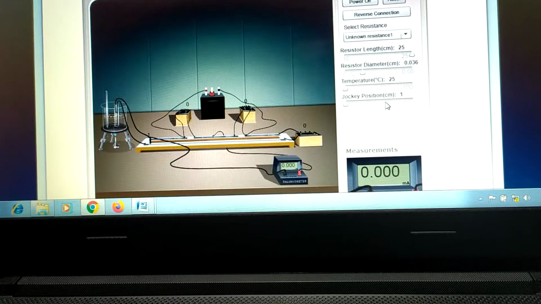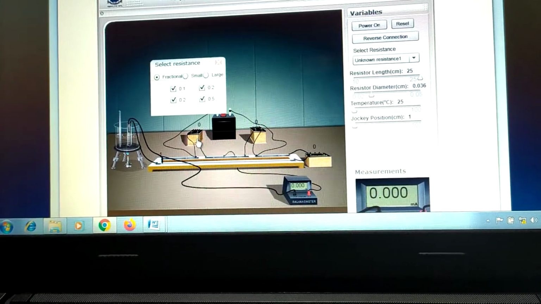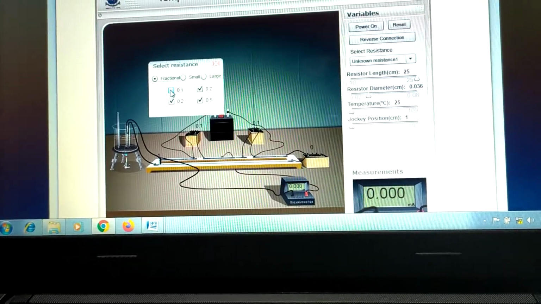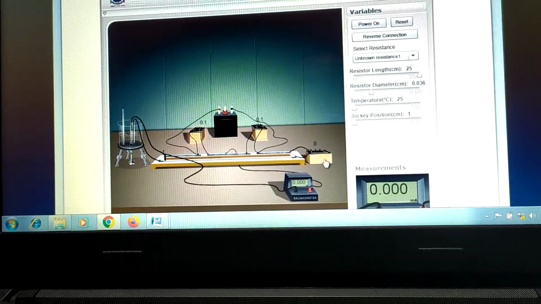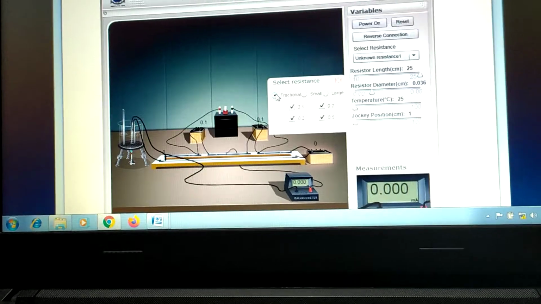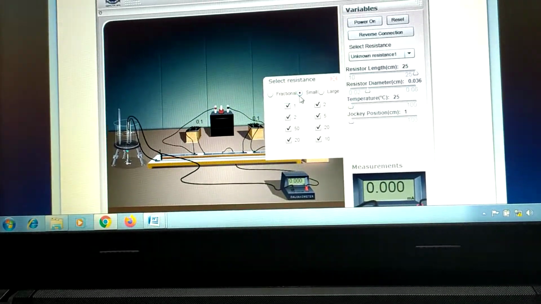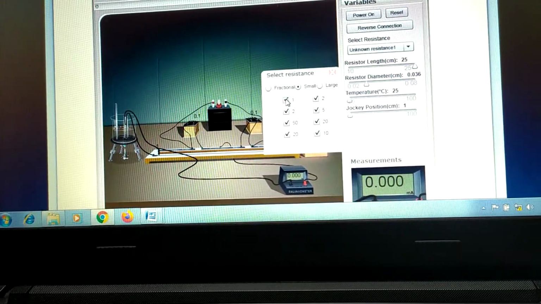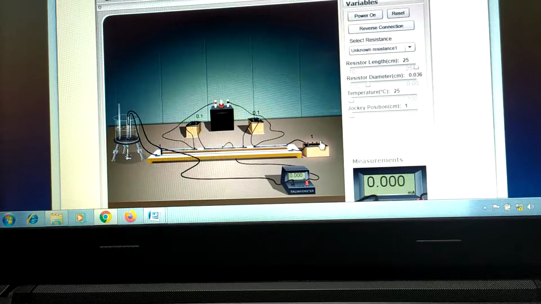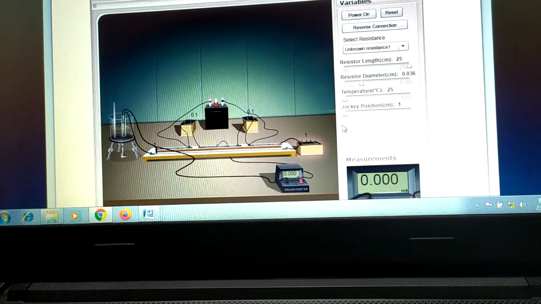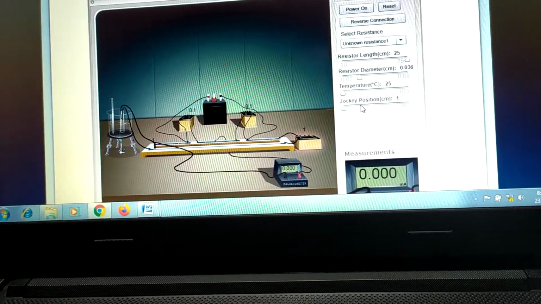Now, same thing, this is a jockey, right? Now you apply some resistance in the fractional resistance box, say 0.1. So P and Q both are again 0.1, and the fractional resistance box, I have already told you, has a small option, so you just click on the small button and choose that value, say 1. Okay, now the fractional resistance is 1, and again you take the jockey position and change it.